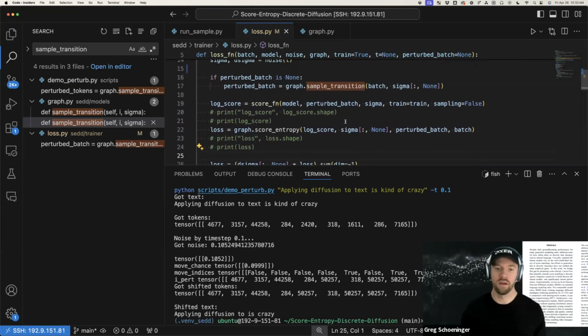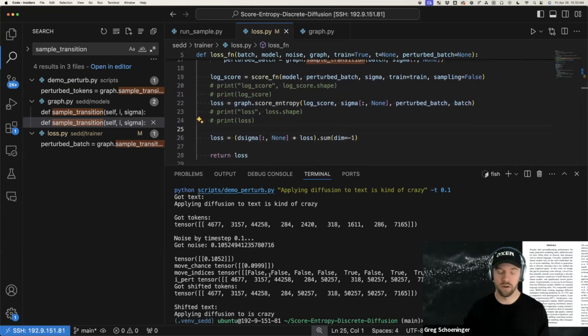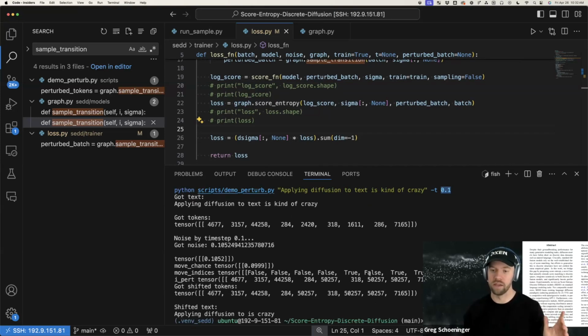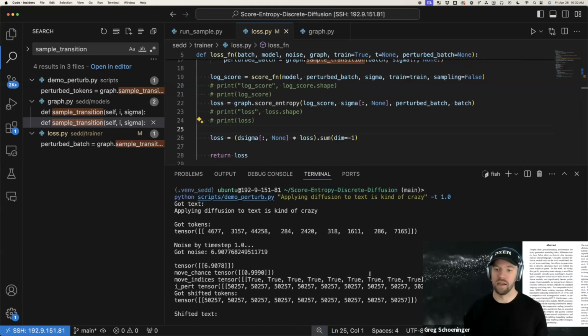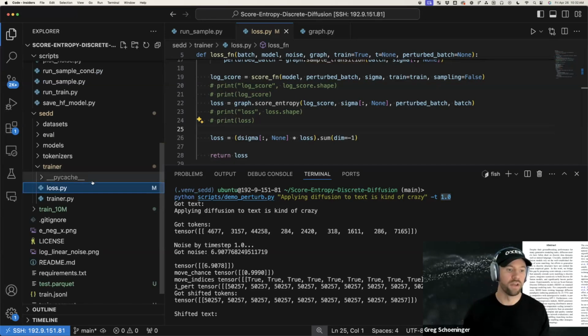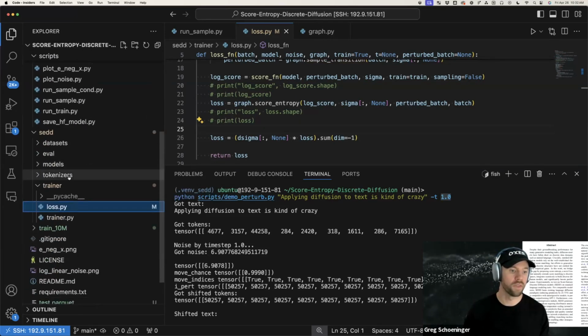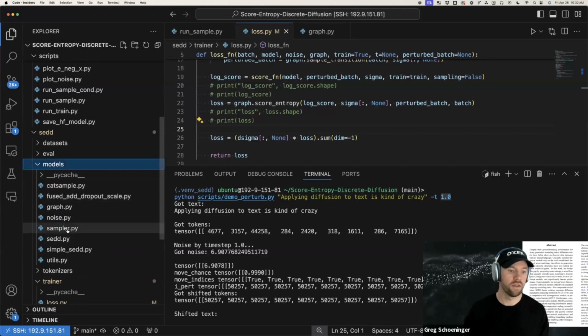Cool. So that's the training process. Hopefully you can kind of see as we put in a low T, it only flips a few things. As we put in a high T, it flips a lot of things. So then if we go to our sampler, which is in here,